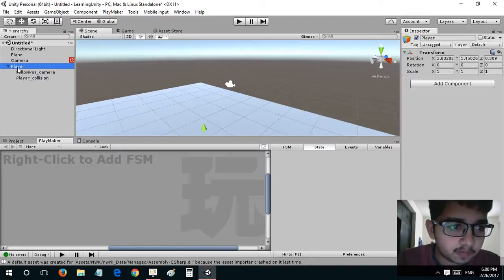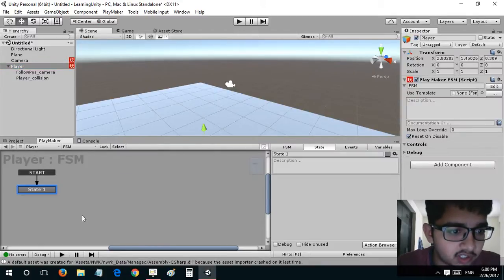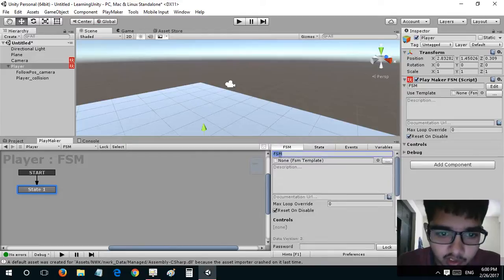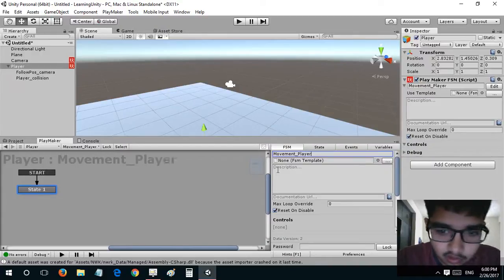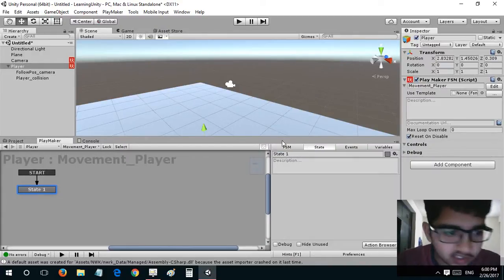use the player to actually move. I'll just add a quick FSM, and I'll call this FSM movement underscore player, and in this I would